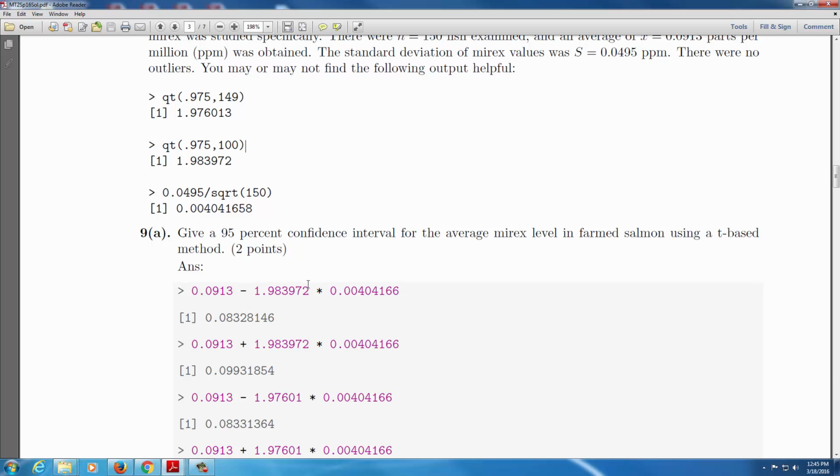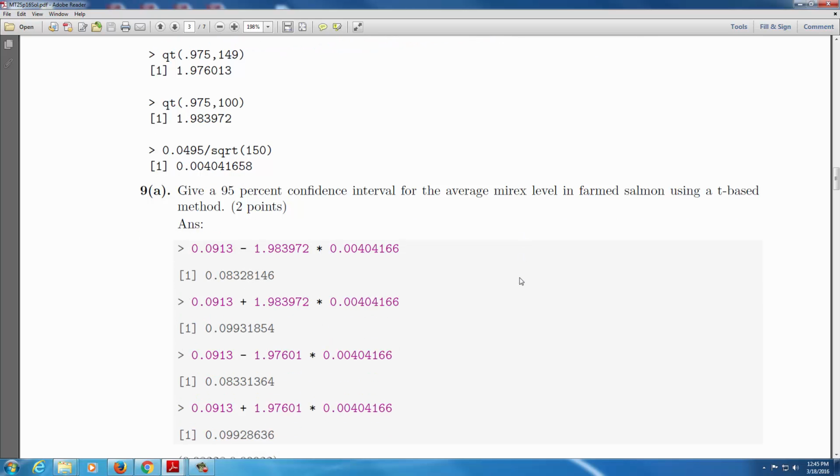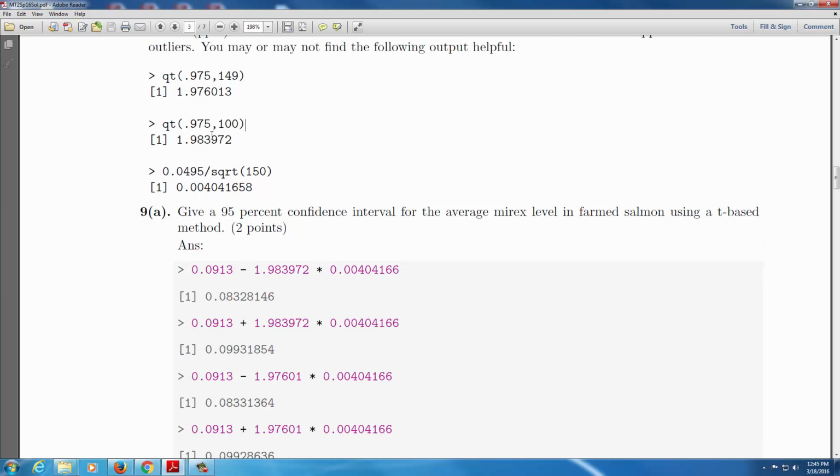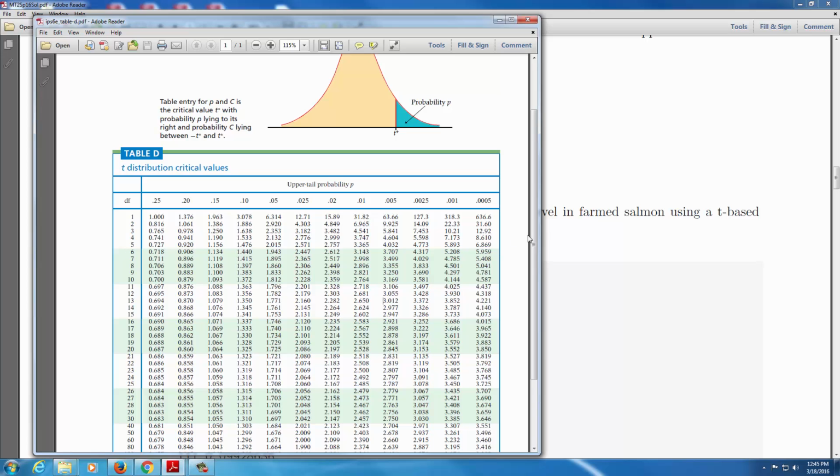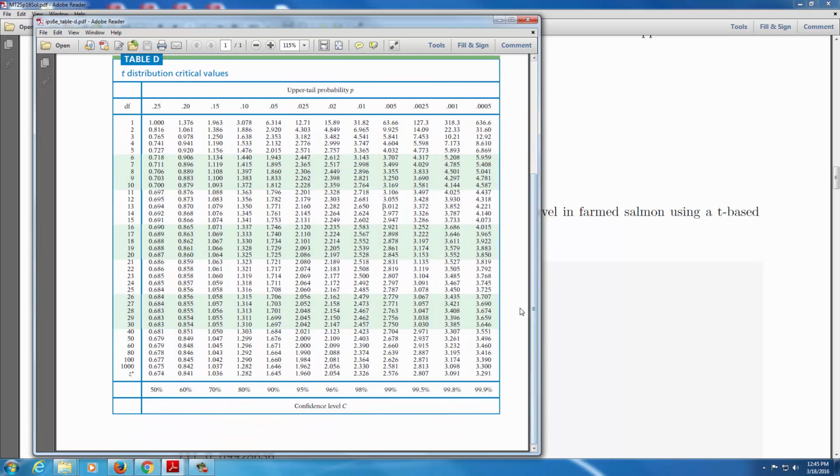In 9a, you need to make a 95% confidence interval using the t-distribution, and that will be using x bar plus or minus one of these t multipliers. You could also go to the t multiplier in table D and look it up if you didn't realize that I'd given it to you. You'd go to 95% and use 100 degrees of freedom, 1.984 would be that value,